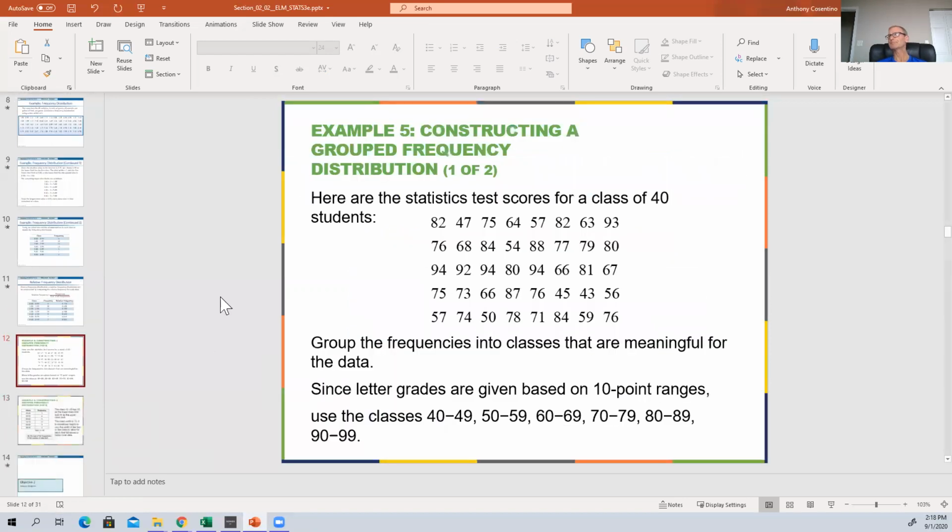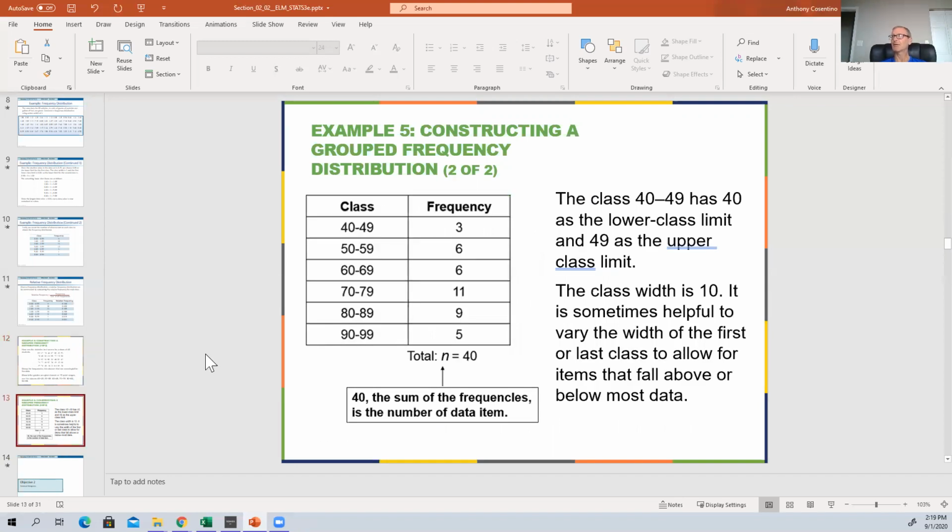So with the spreadsheet, here's an example, and as I said, a classic letter grade example where we have different test scores. It looks like there's 40 of them, and we're putting them in classes up to 10. So here we're going from 40 to 49, 50 to 59, et cetera. When we get to this point, here is our frequency table with the classes, and then you have the frequency. So if you go to the spreadsheet,